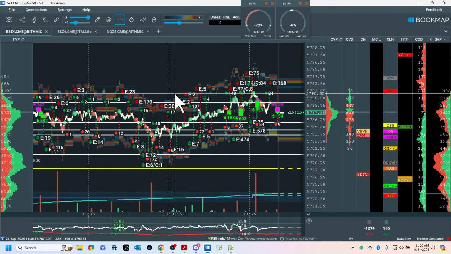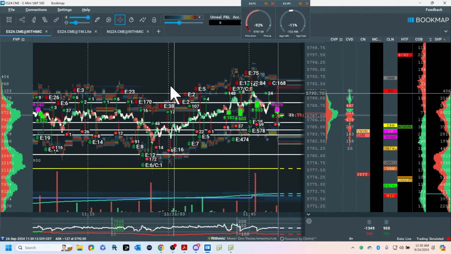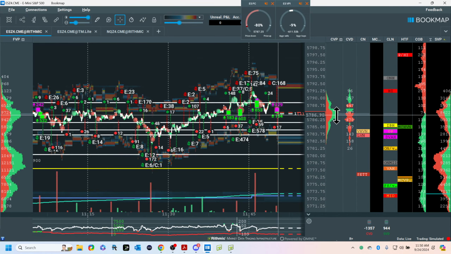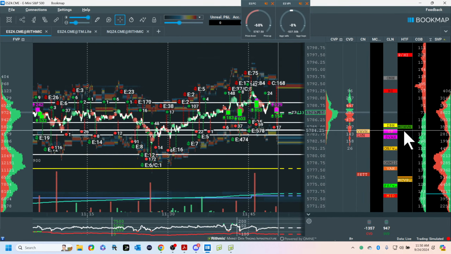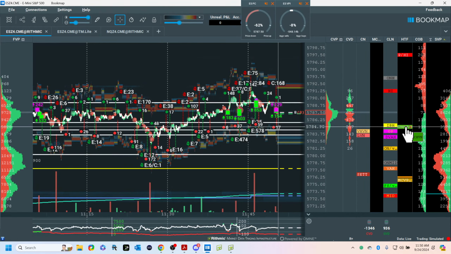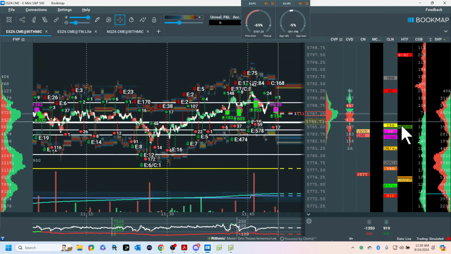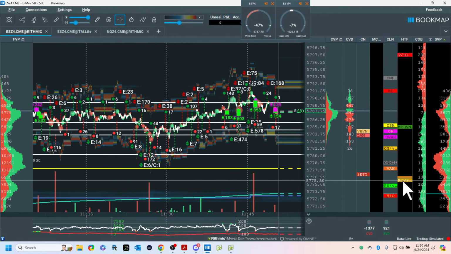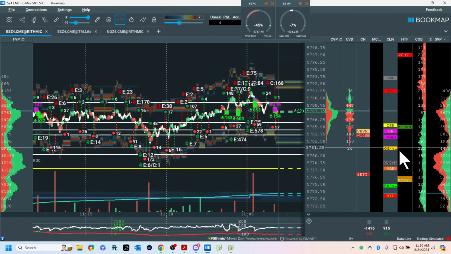Dutson is asking me if I come through a microcomposite high volume node, does that become stale? No, it doesn't. It's still important. Now, the thing about this is these levels are intermediate time frame levels. They're higher time frame, and there's no precision. As you go up in time frame, there's more slop. This is also an important level. If we come back in here, we can come back here.